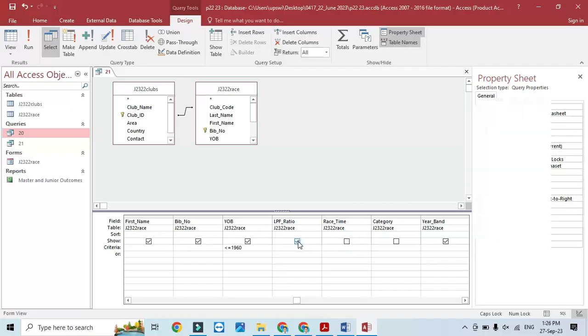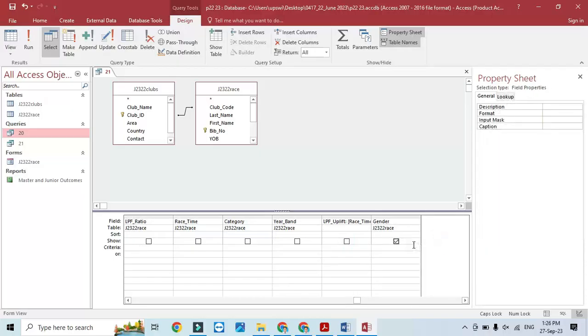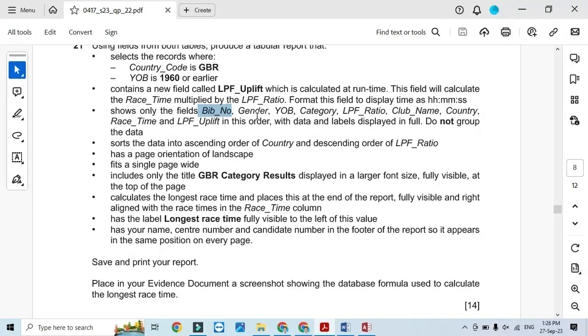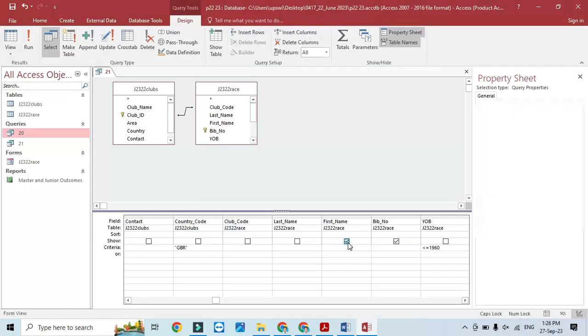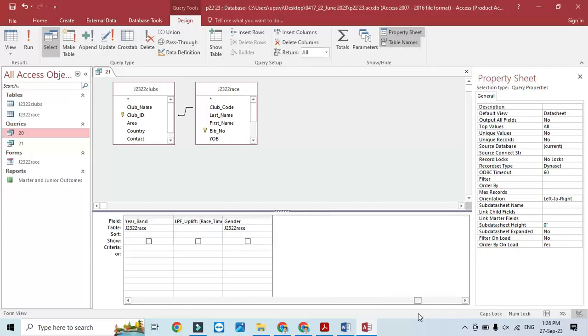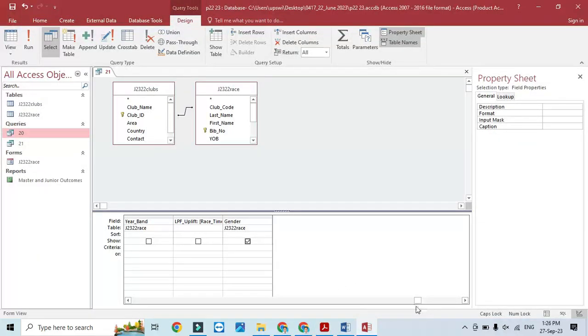So I just simply uncheck these ones, so then I will select my own choice as they mention. So first of all, I need bib number, then I need gender. Yeah, I need bib number, then gender, year of birth,